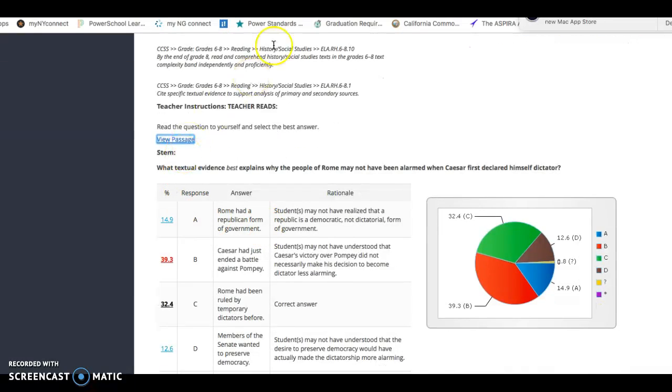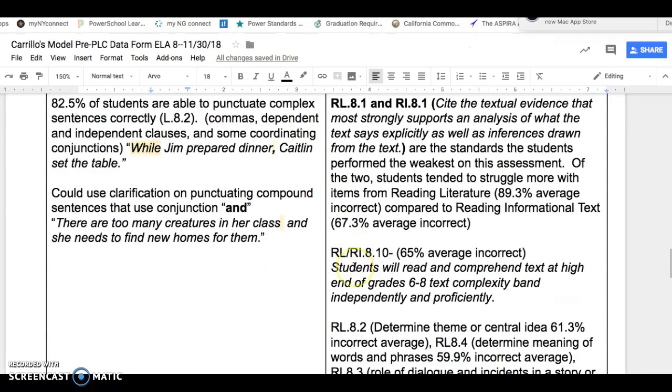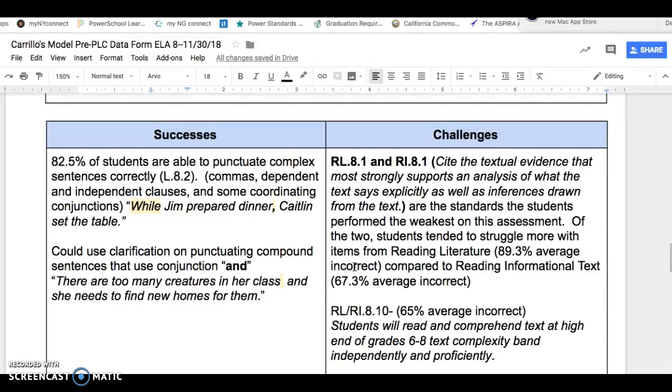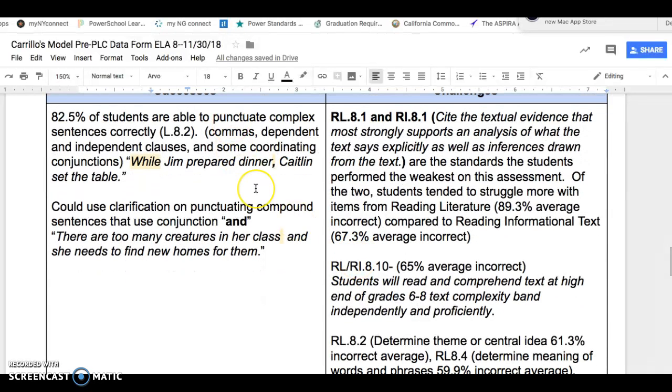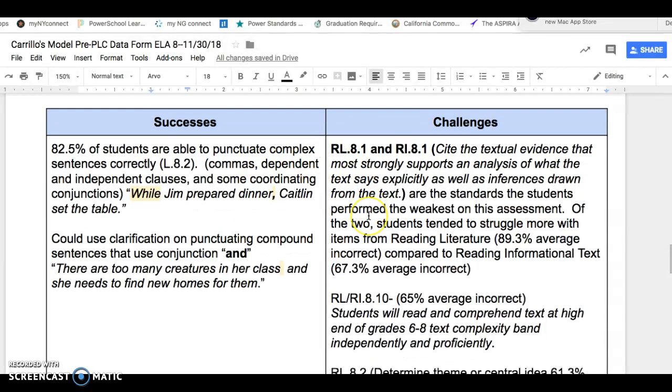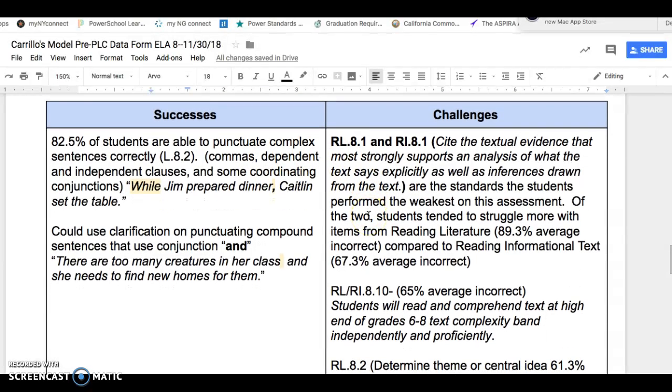Okay, so again, you'll see that by going through these items, you're able to pick up the overall challenges and successes. Here, citing textual evidence is definitely an area that we need more help with, especially because students are required to make inferences. Of the two reading focuses, we noticed that reading literature was a little bit more difficult,